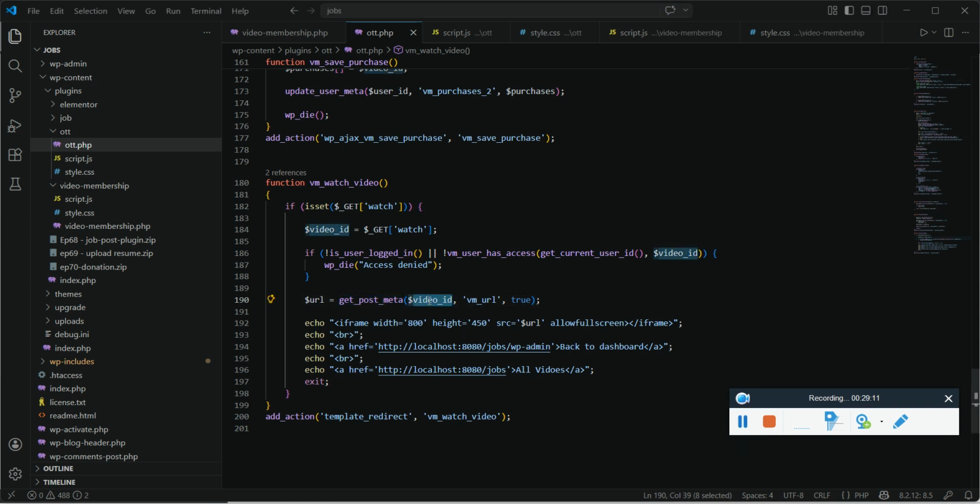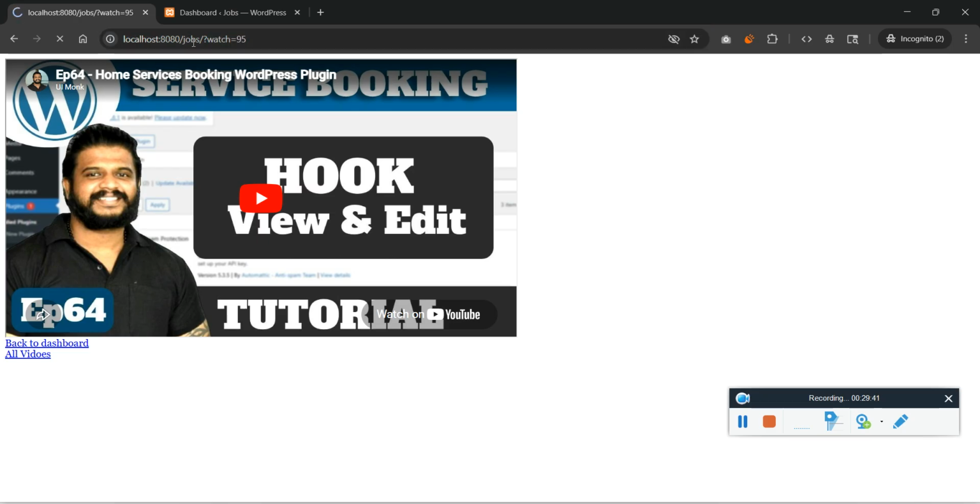With the help of the video ID, the additional information about the video is stored in the post meta, and I'm passing the video ID, and the additional information is stored in the variable called VM underscore. This is the key, and this is the value, and that value holds the YouTube embed link, and I'm having it inside the iframe, and we have 2 break tags and 2 links, and these are hard coded links. In case you are using this, you have to change this link, and for the time being I have just added the same link of my localhost. So if I go back to the dashboard,